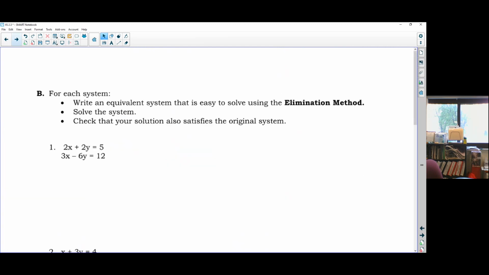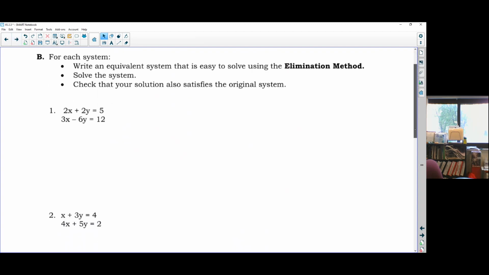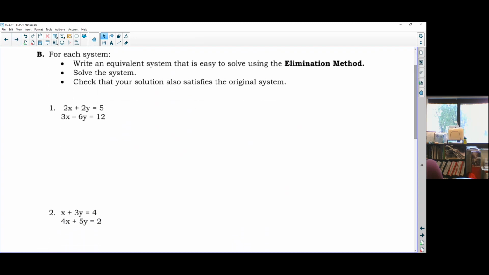Now, the elimination method, this is a little different. We're going to do something similar to what we did the first time. So if you look, instead of writing it out like we did in the combinations, you'll see what happens here. If I look right away, when I add the two equations together, I can't get rid of anything. But what I need to do